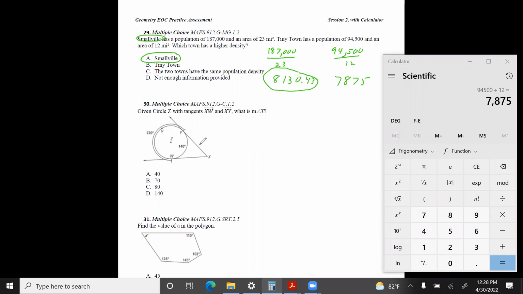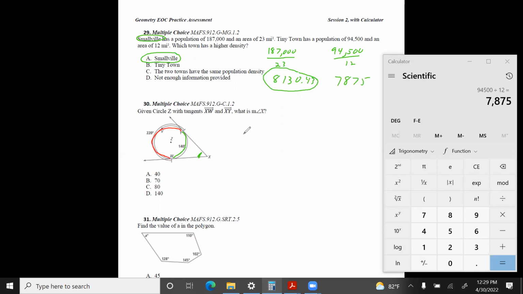On the next one, number 30, given circle Z with tangents ZW and ZY, what is the measure of angle X? So both of these are tangents. We're looking for this angle. Well, they tell us that this angle is 140 degrees, and they tell us that the other angle on the other side is